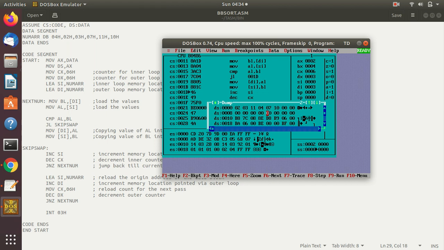See here, you got 4 here. You can see here, this is being sorted. If you observe carefully, you can see this. Four, now 7, and the last value remaining is 10.